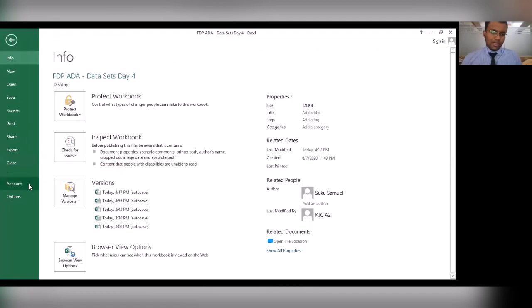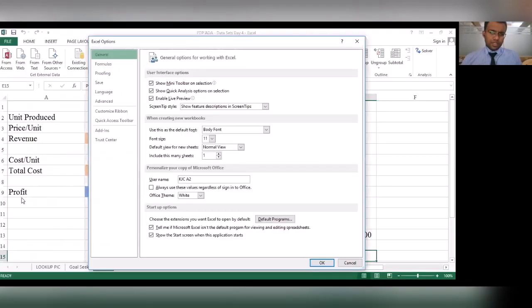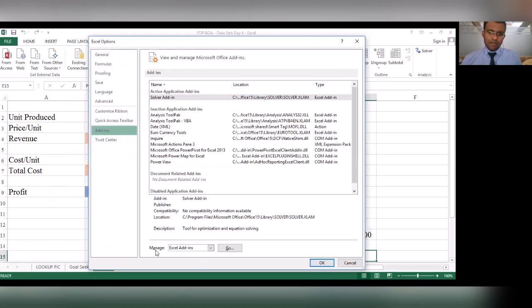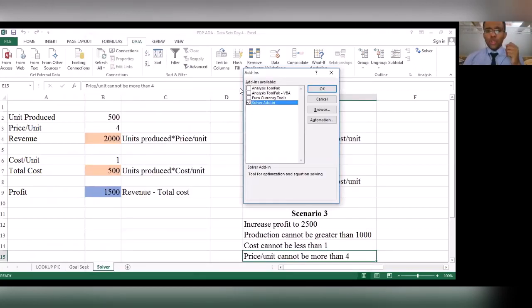Go to File, go to Options, go to Add-ins. Manage Excel Add-ins, then click on Go. Then you would see an option like this. Click on Analysis ToolPak and then say OK.